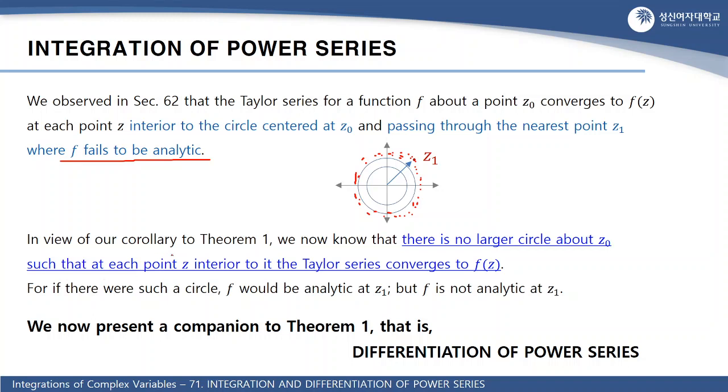In view of our corollary to theorem 1, we now know that there is no larger circle about g0 such that at each point g interior to it, the Taylor series converges to f of g. Because if there were such a circle, f would be analytic at g1, by theorem 1, which we have proved. But f is not analytic at g1. So